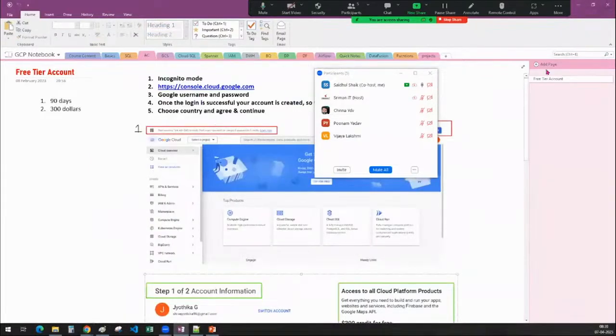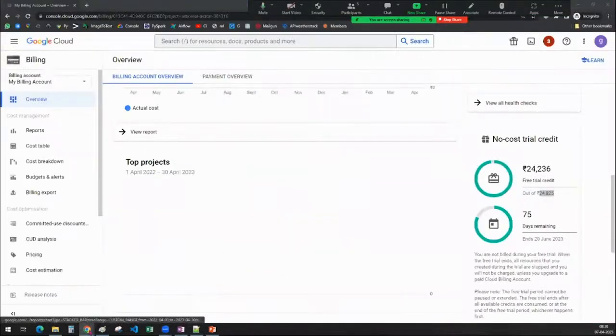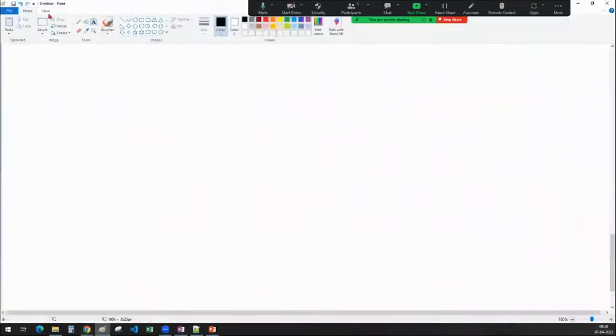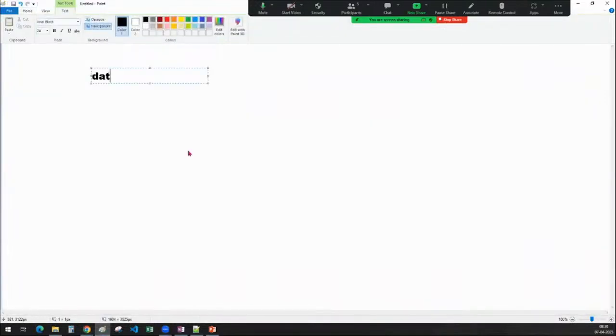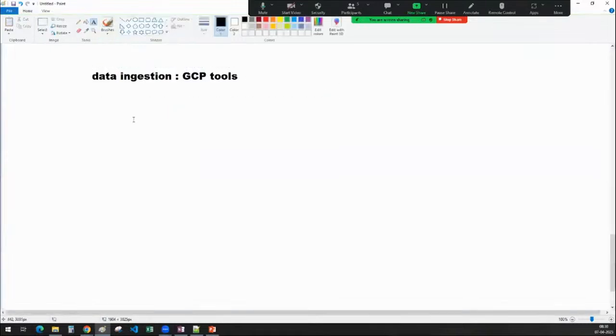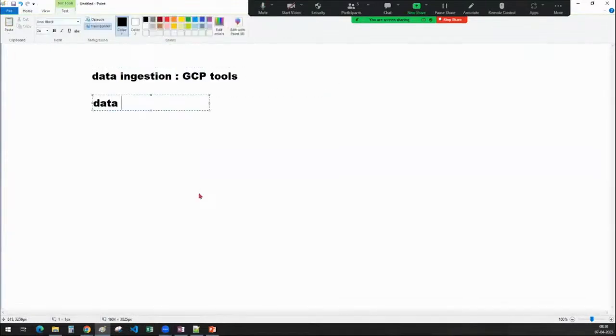Don't worry, sir. I will tell you what the trend in the company is, and with this we will try to close today. For example, for data ingestion, we need not go anywhere because in GCP we have GCP tools. One more is data processing. We need not go to any other tool for data processing. We have GCP. And for data warehousing,